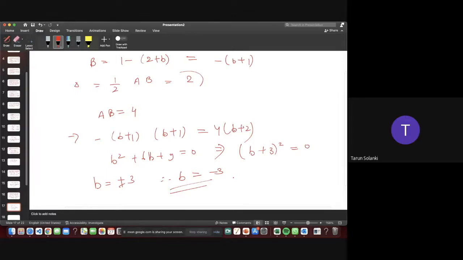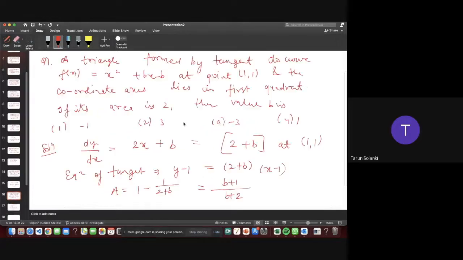So this is also a question similar to the previous one, but the concept is of tangents to the curve, where the triangle area is given and we need to find the value of b, where we have some function given, right? So by the function and the area given, we need to find the variable in that function, right?